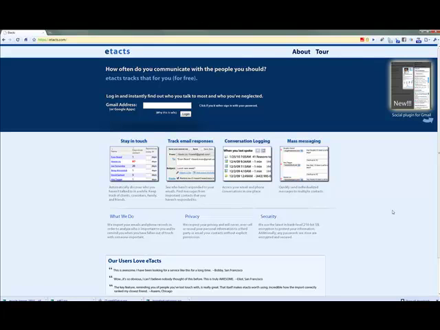You just simply enter your Gmail address and it'll begin processing the data and logging all of your past sent and received emails, as well as all of your contacts in your Gmail database. We could do a whole tutorial about what this site actually does. However, today what I want to show you is my favorite part about etacts, which is what it actually does